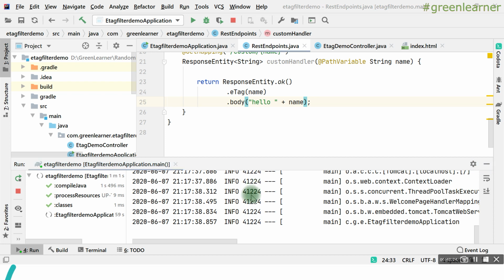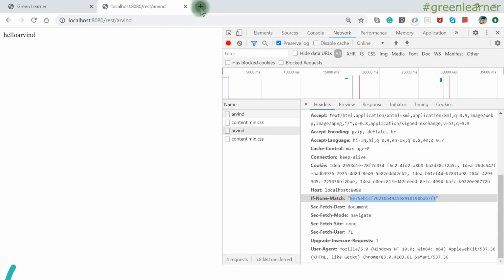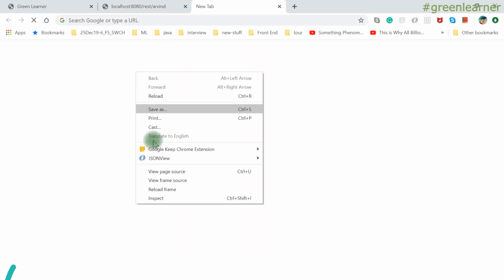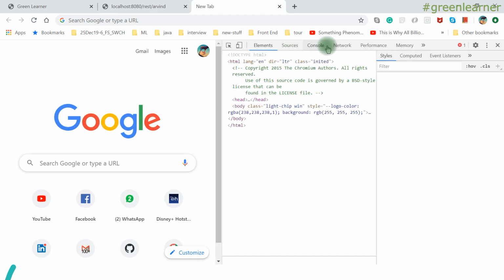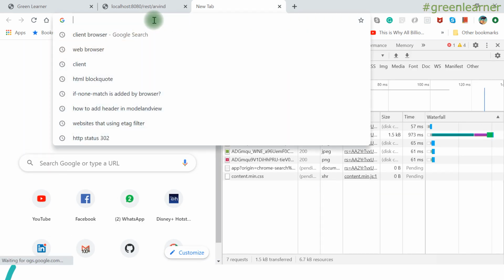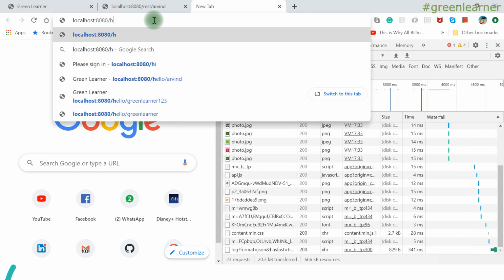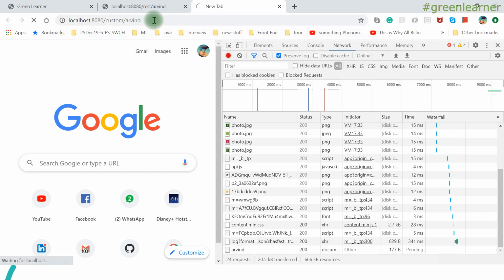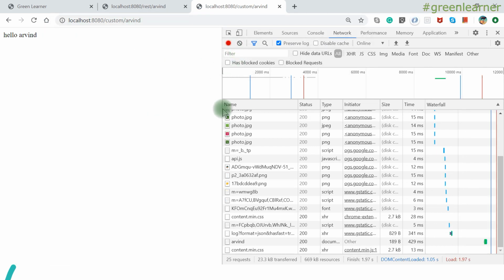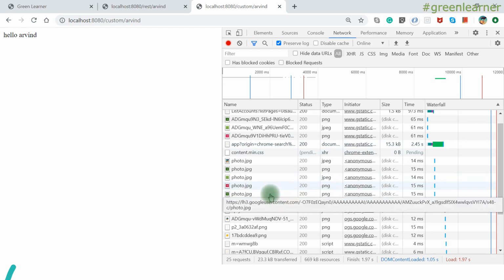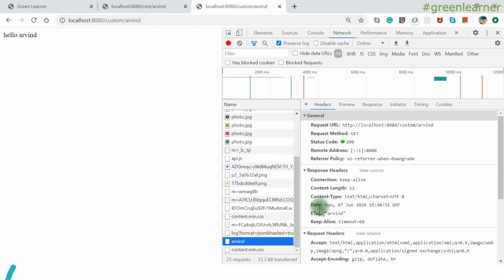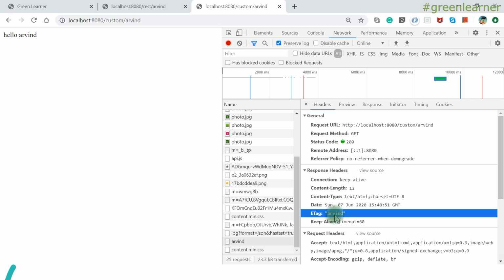So now the server is running. Go to the browser and hit this new endpoint, and again before hitting the endpoint, open the inspect network tab so that we can see the information. Localhost, we have custom, right? And name, I'm naming it name. So there is a lot of information here. We are interested in this one. The other calls are from the previous request, right? So in the network call, if I see here, 200 with ETag information, we are interested in this one.